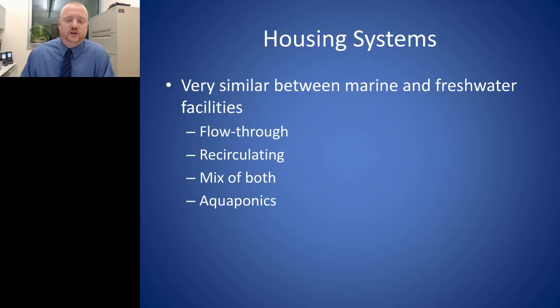We also have recirculating systems. And recirculating systems are very, very classic. That's what you see with Xenopus systems and fish stores and most people's personal aquariums, things like that. So recirculating is very common. And especially in areas where you don't have an overabundance of salt water, you really have to go with a recirculating system. But you can use the same equipment and the same setup, the sump and the pump, and everything can be the same for a recirculating system both in freshwater and in saltwater.